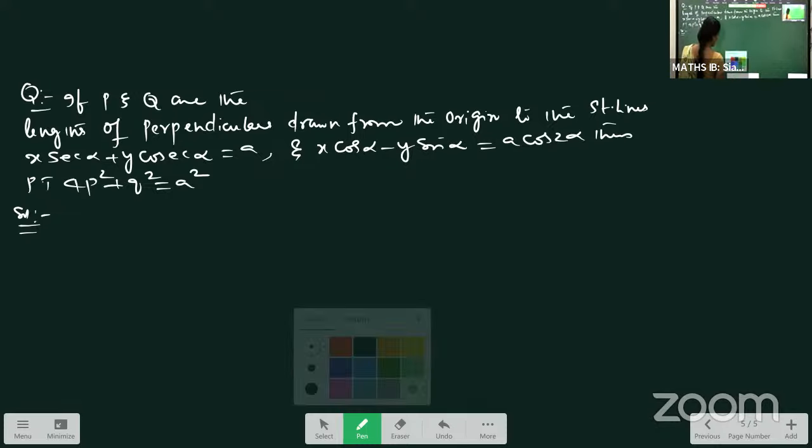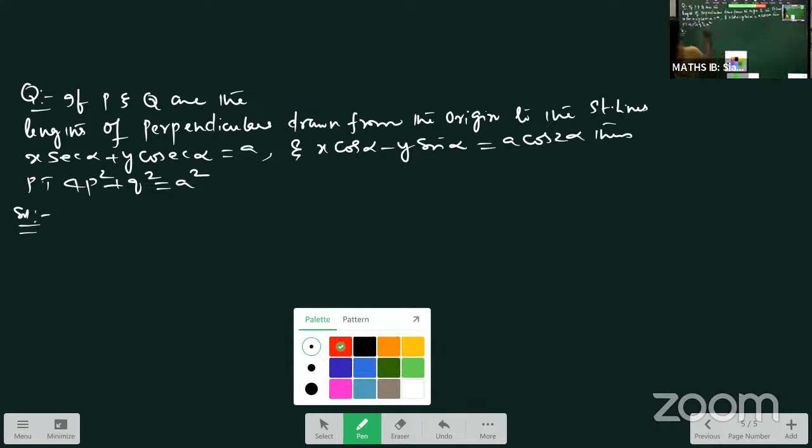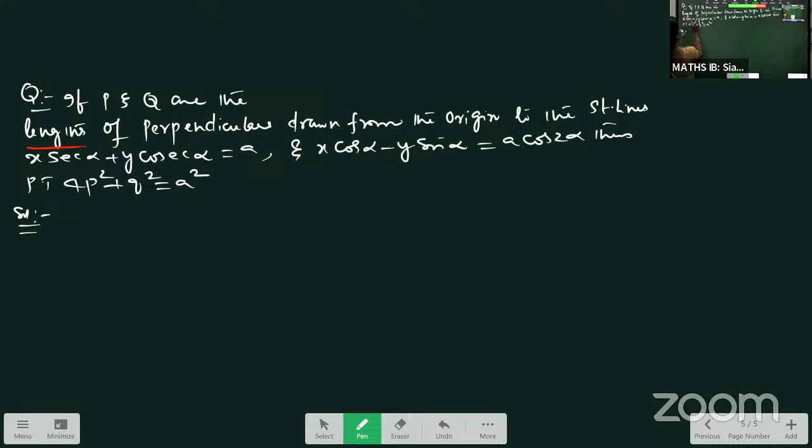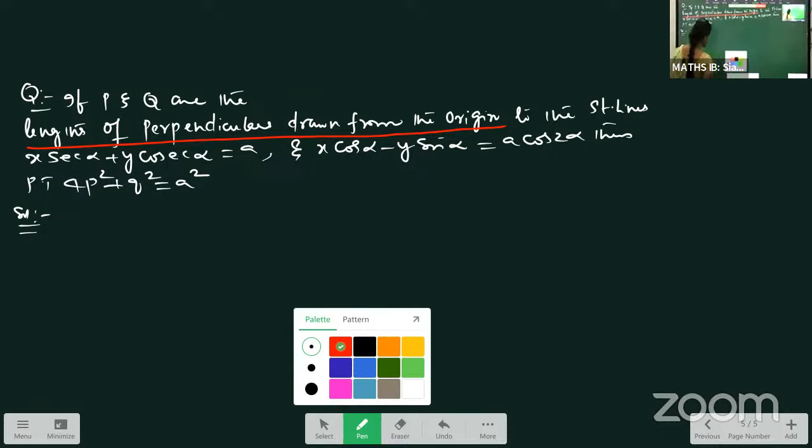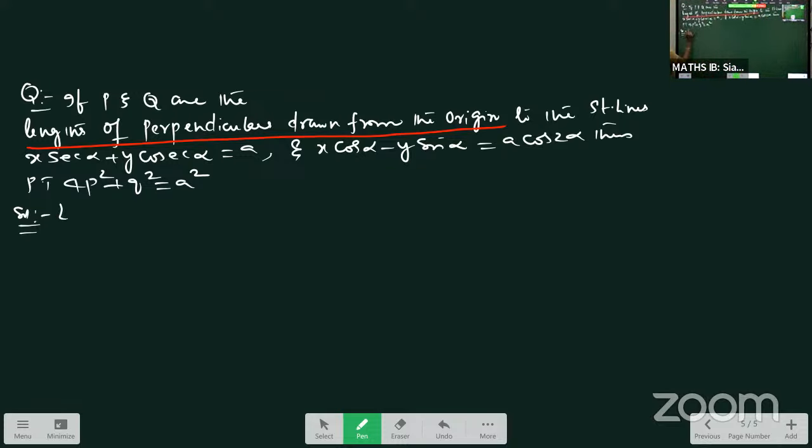See, highlight this point first: length of the perpendicular drawn from the origin. For this one, we have one formula. If you know that formula, you can easily do that question. Nothing else is there in this question, it is just a bigger question. The solution: length of